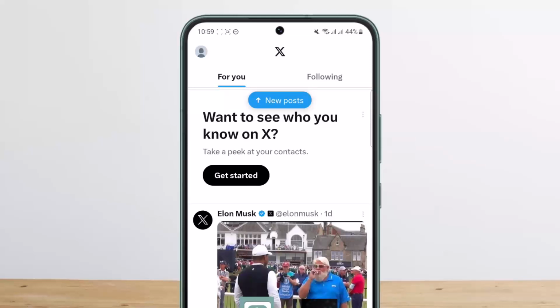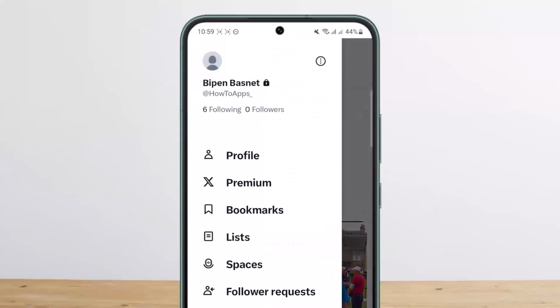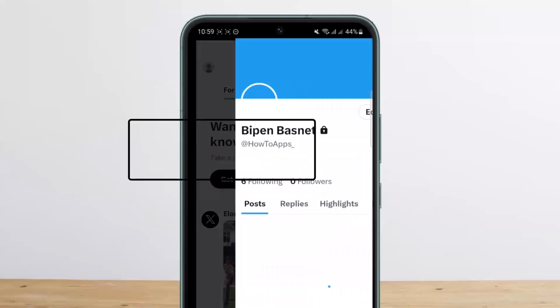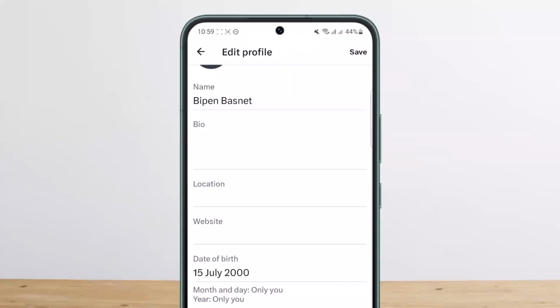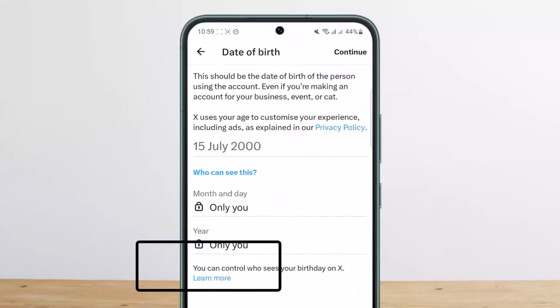Now how you can do so on Twitter, you want to tap on the profile icon that you can see at the top left corner of the screen. Once you tap on it, you want to tap on the profile option there at the left hand side. Once you tap on it here, you'll get the option that says edit profile, as you can see here on the screen. Simply tap on the edit profile option, and if you scroll down, you'll see the option that says date of birth. Simply tap on date of birth, and here you can see you'll be able to customize your date